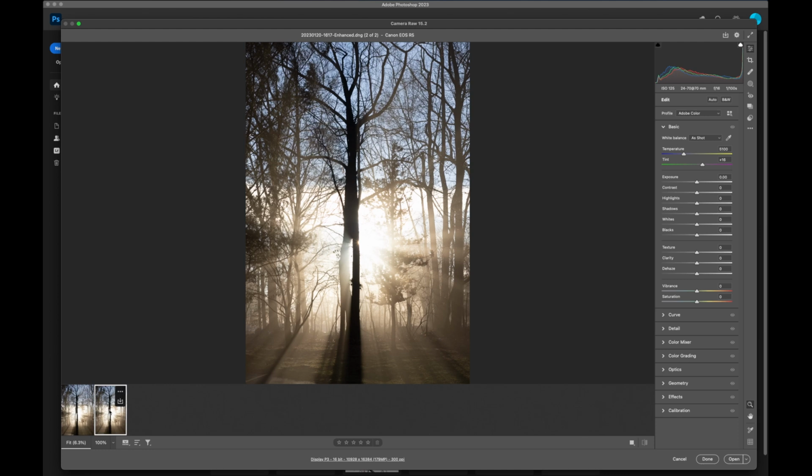So now that the photo is open in the Camera Raw utility within Photoshop, and we've run the Enhance tool to make the larger file, we're going to go through some basic edits here within this utility. Anybody who uses Lightroom will notice that the Photoshop Camera Raw utility is actually very similar to Lightroom. A lot of the same settings exist within the Develop module of Lightroom.